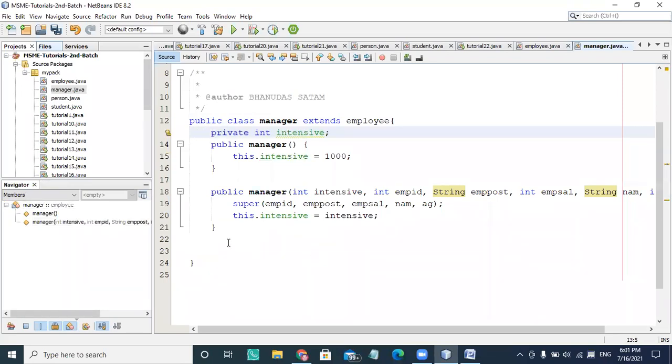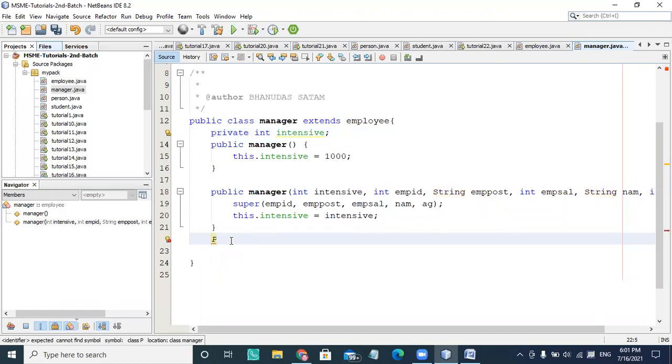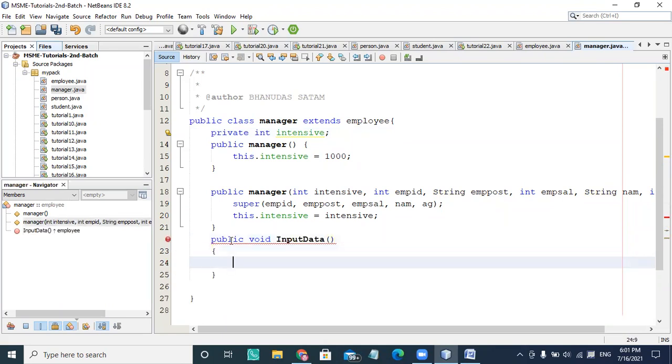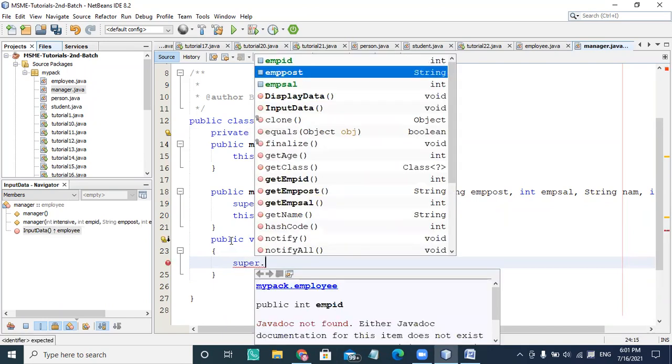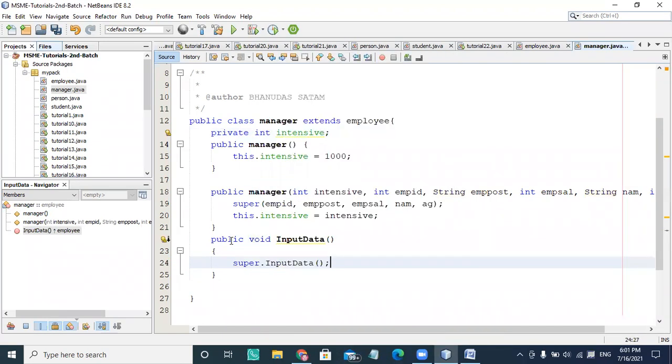Okay, and I can write a simple method, public void, and the method is input data. That will call the super of input data of employee. So I'm choosing super input.